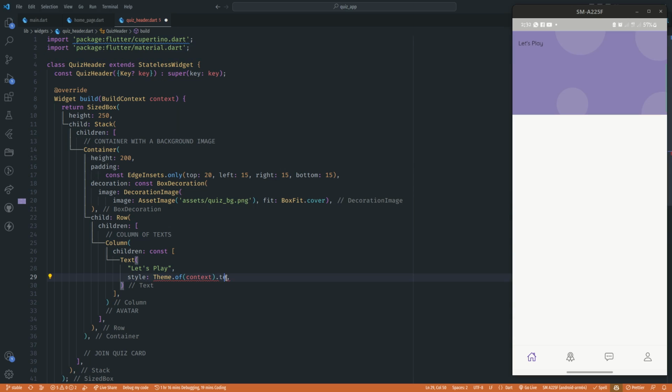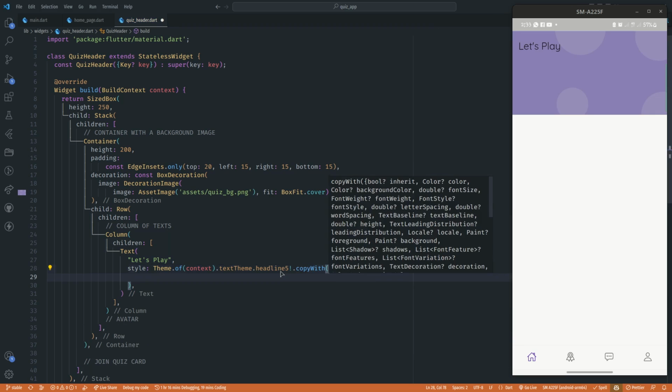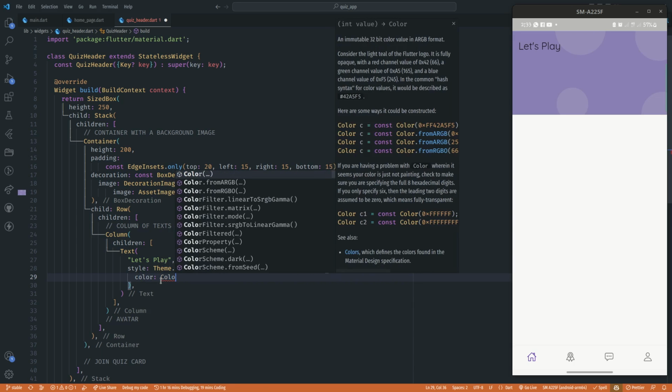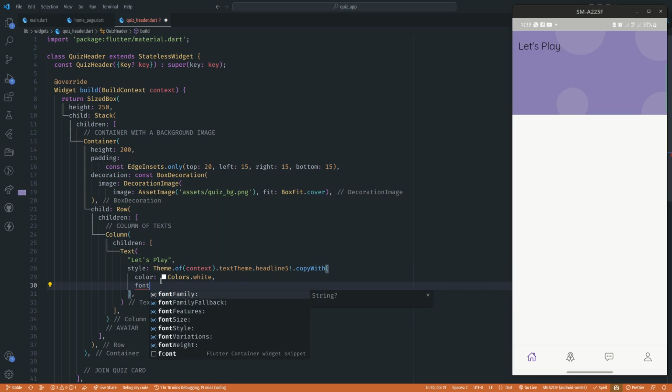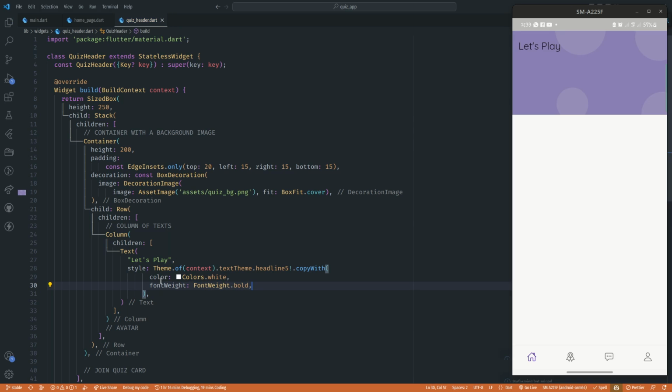So Theme.of(context).textTheme.headline5, and that will make our text a little huge. And also I want to override some of the properties of this headline5. So I'm going to copy that with some extra properties, right? So I'm first going to change the color to be white, and also increase the font weight to be FontWeight.bold. Right, now we have the "Let's play" text well styled, and let's also use some SizedBox for spacing,